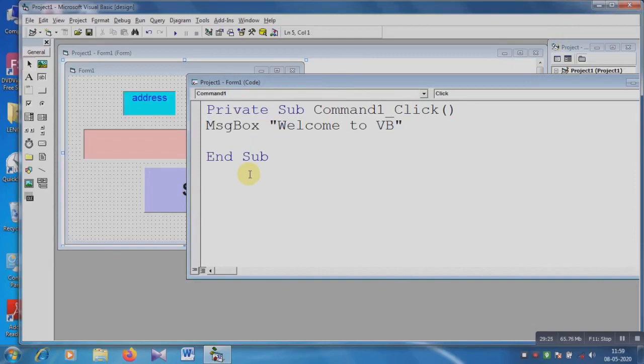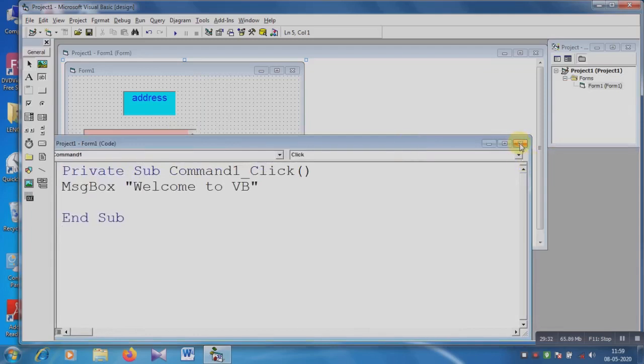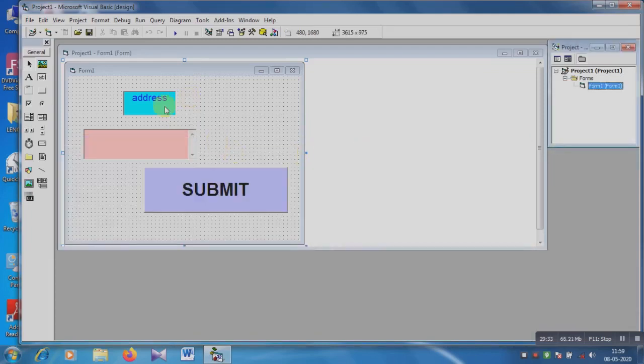So today three tools: label, text box and command button, these three tools I have already discussed. Now I am showing the complete form using only these three tools, according to today's topic.